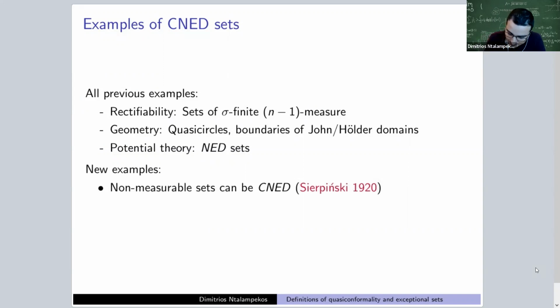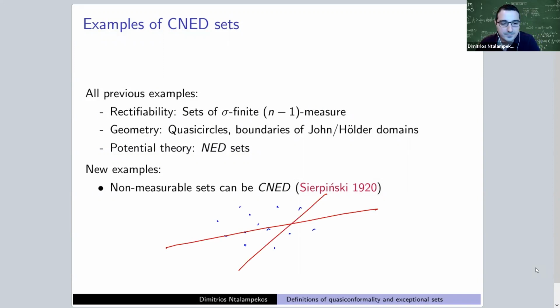Now, what is this set? This set was constructed by Sierpinski, and it has the following property. It's a set in the plane that has the property that every straight line intersects the set in at most 2 points. Every line. Now, did Sierpinski care about quasi-conformal maps and removable sets at that time? No, but he constructed this example as a counterexample to the converse of Fubini's theorem. So Fubini's theorem says that if you take a measurable set, then almost every slice of a measurable set is